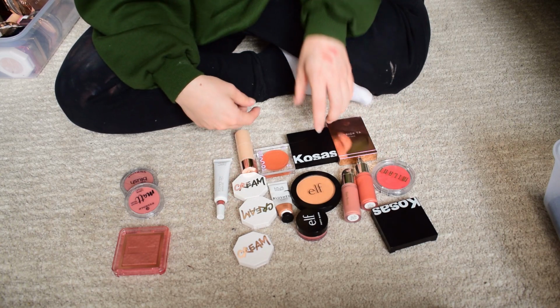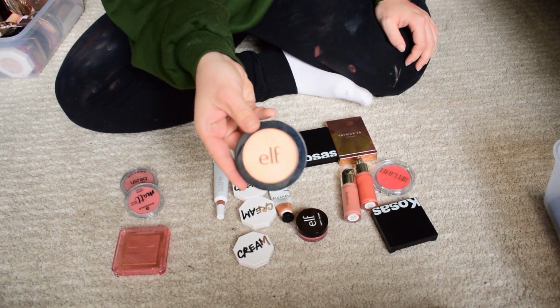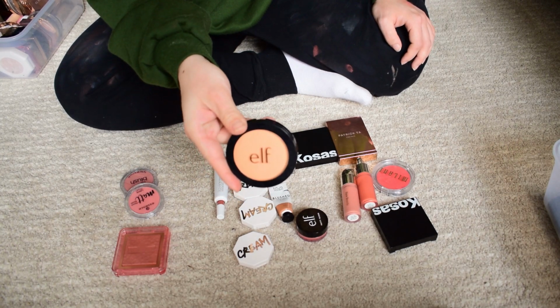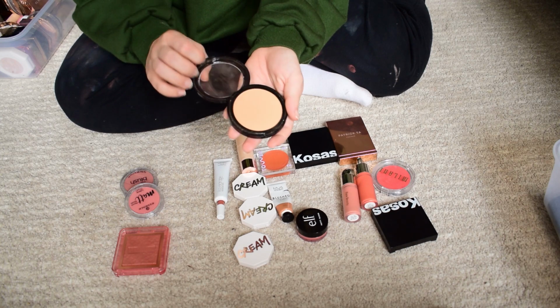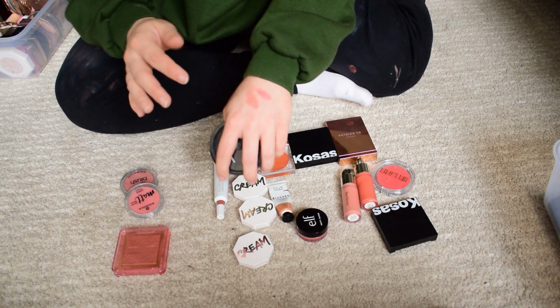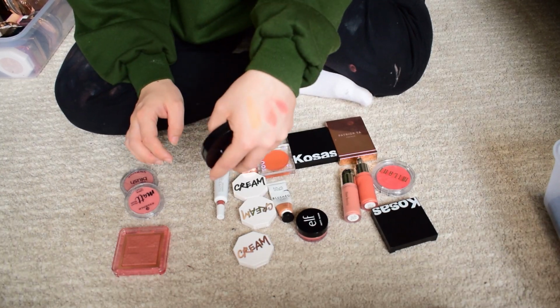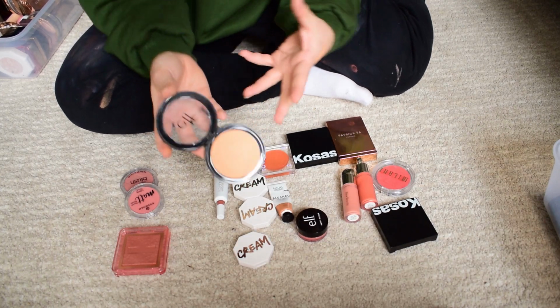Here there are also some shades that, oh, this is also a powder, forgive me. This is the e.l.f. Primer Infused Blush in Always Peachy. It's nice, but it's not a color that is very acceptable. I think it looks a little bit blown out, but it's like a very orangey peach, like a very unnatural